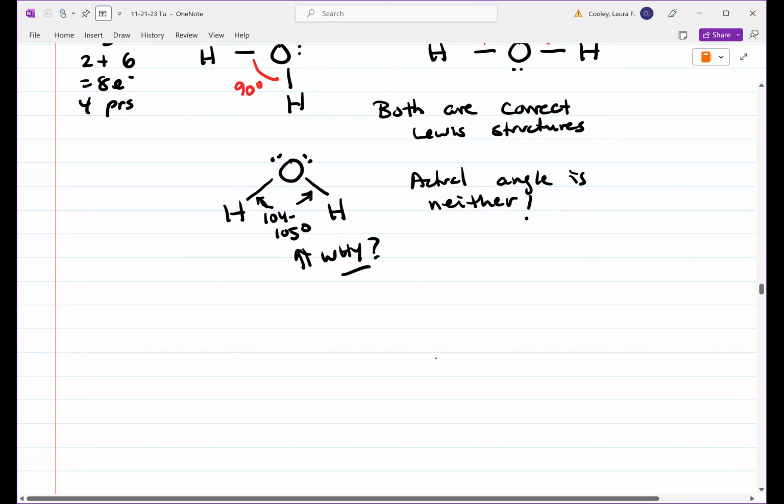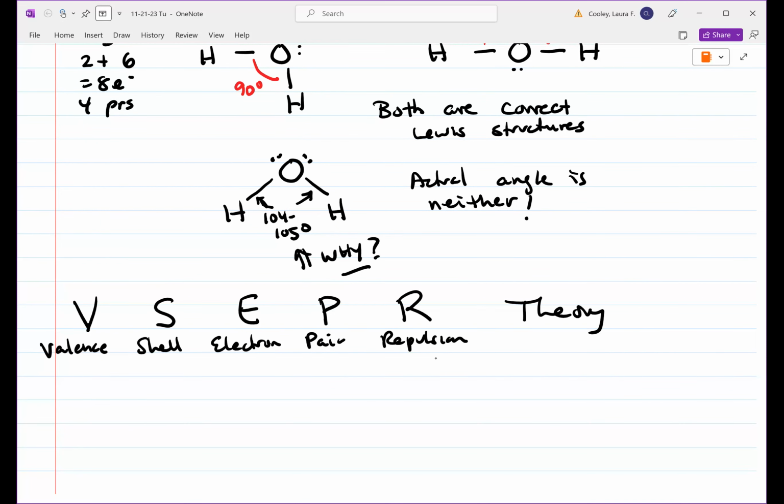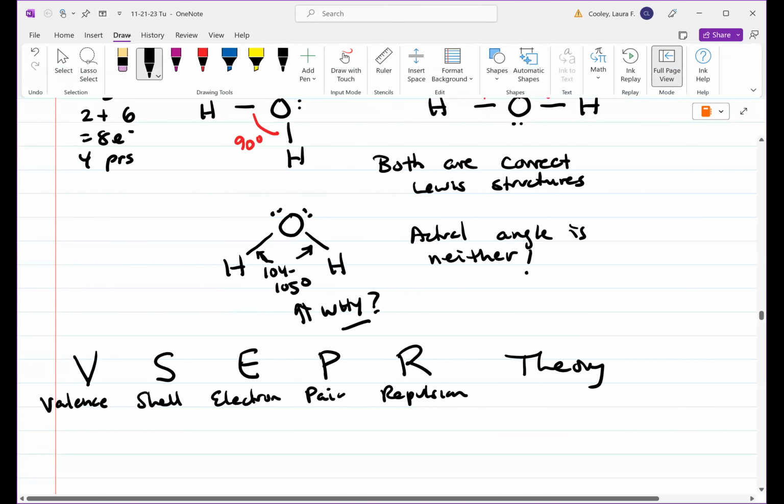Okay, and how can we get structures, what the molecular structure of any simple molecule is? What I'm beginning to show you here is something we call VSEPR theory. It's for valence shell electron pair repulsion theory. And the part that I think is the most important in this name is this electron pair repulsion part right here. And so what this theory is kind of all about,